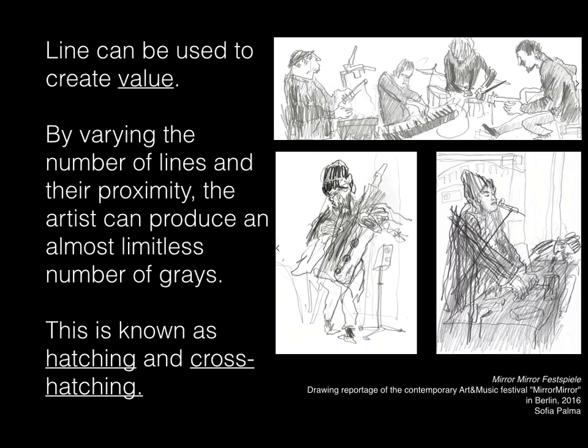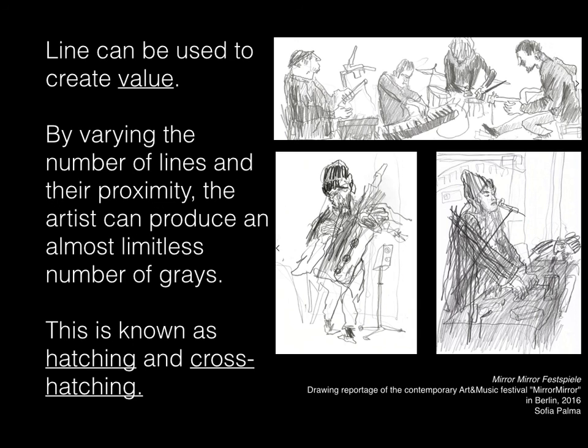All right, line can be used to create value. By varying the number of lines and their proximity, the artist can produce an almost limitless number of grays. This is known as hatching and cross-hatching. So in these drawings by Sophia Palma, these were made at a music festival in Berlin, and they were drawn live, so as the musician is recording. So hatching is when you draw a line in the same direction, and cross-hatching is when you cross